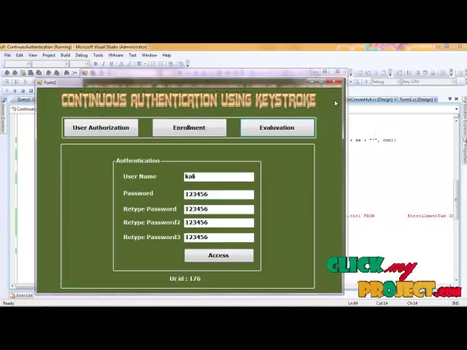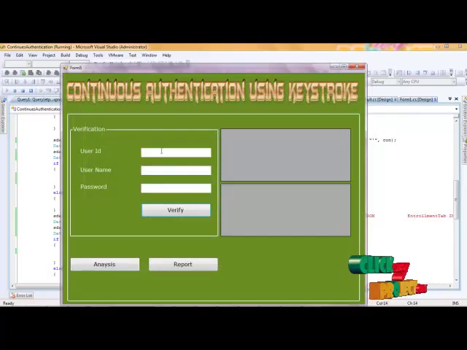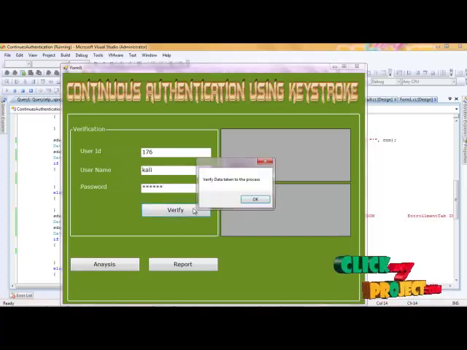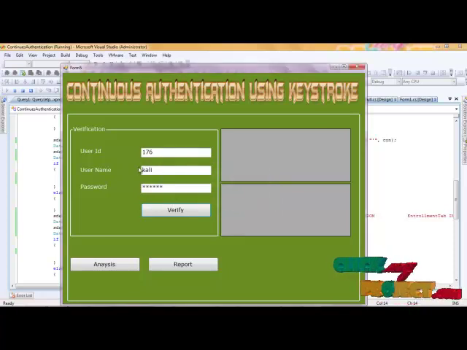Next we go to the verification process. So for verifying, we check the result for 176, and the username is called and verified on time, 1 2 3 4 5 6. In this process we mainly check each and every key process, and the keystroke time will be collected dynamically. You check the verify process, verify data to the process. So the process will be collecting every time easily.